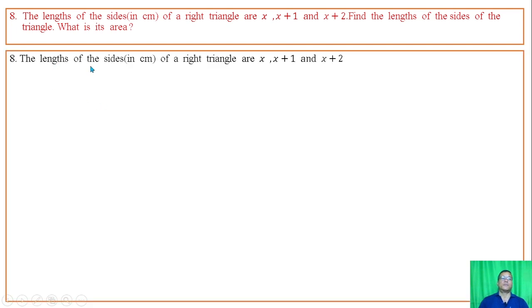The length of the sides in centimeter of a right triangle are x plus 1 and x plus 2, which are given. Applying Pythagoras theorem, we have x square plus x plus 1 whole square equal to x plus